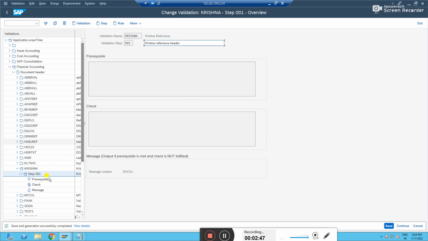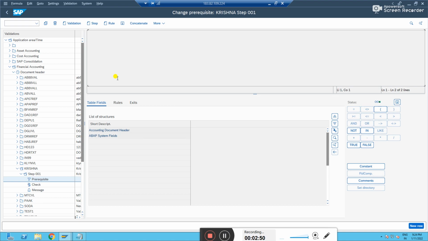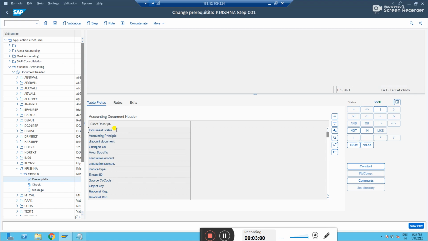Let me click on prerequisite and write the prerequisite. In which company code do you want to restrict it? In real time, validations or substitutions will be used for a particular purpose with a limited requirement. They don't want to have this at client level.